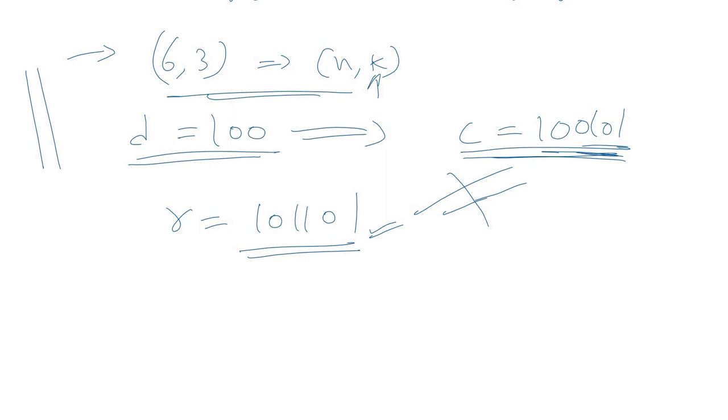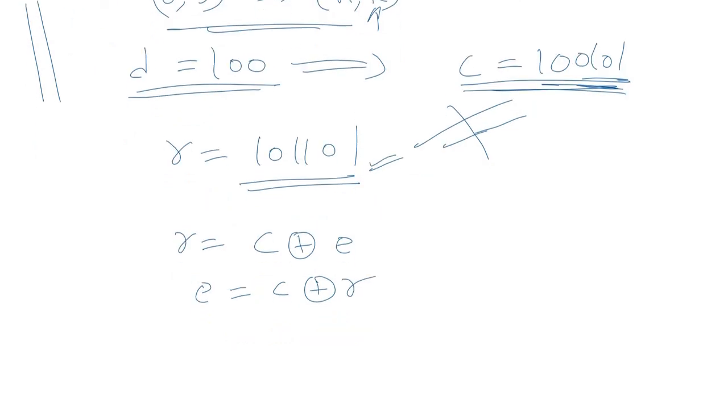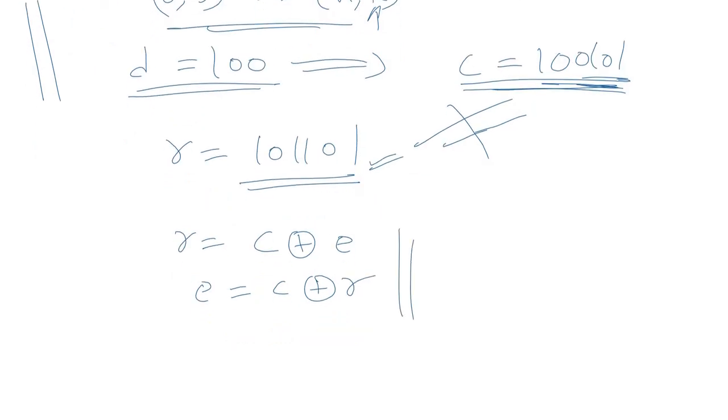This is due to the noise introduced during the transmission process. Okay. So correspondingly we can see that the error vector, because we know that R is equal to C modulo 2 addition E, or we can alternatively say that E is equal to C modulo 2 addition R, because modulo 2 subtraction is equivalent to addition only. So using these expressions we can easily find the value of the E vector. It comes out to be 001000.